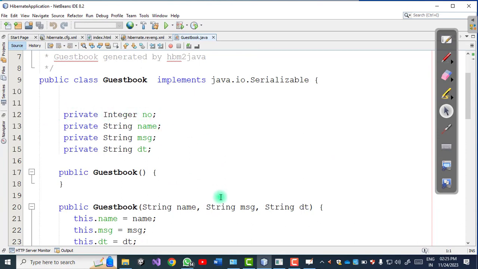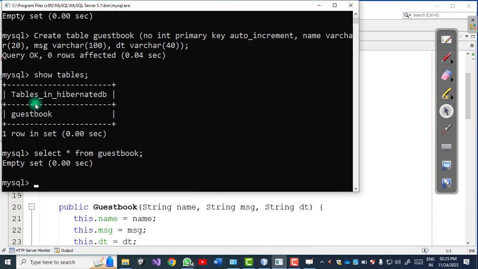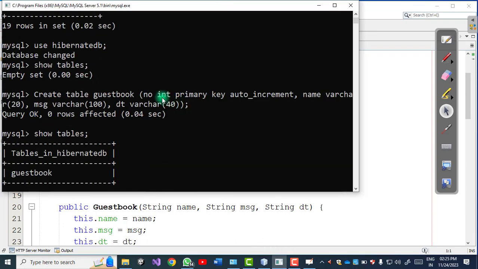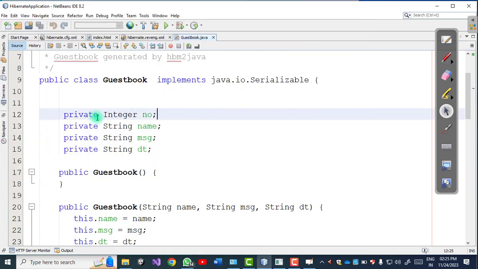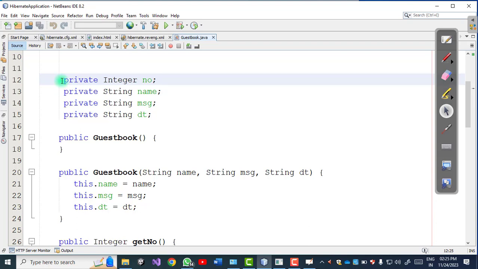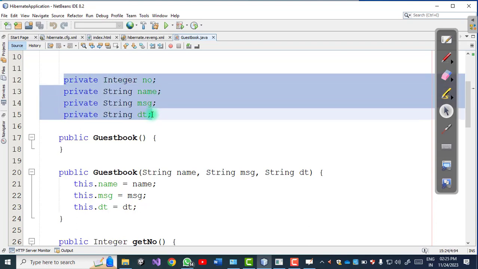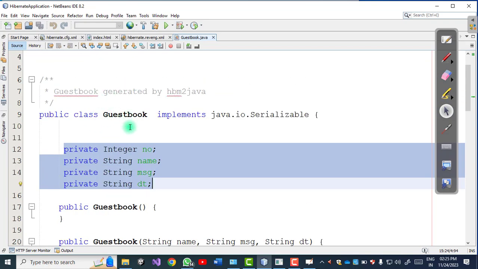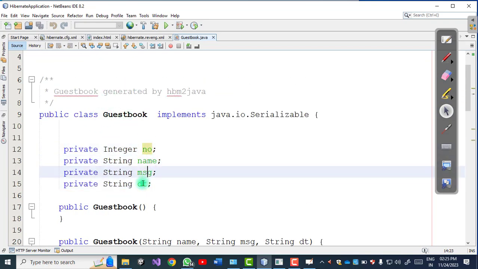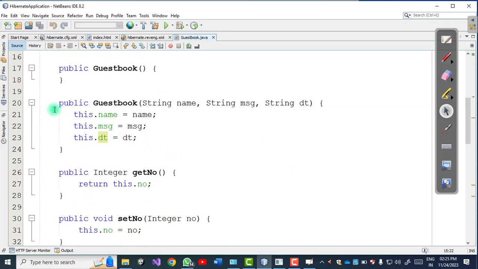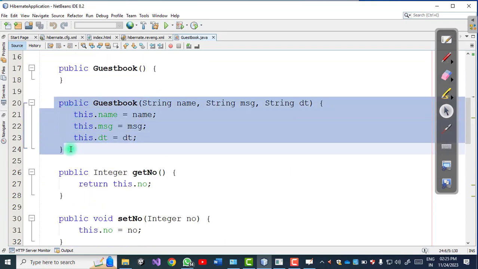So look here, since in the database we have columns: number, then name, then message and date time. In the mapping file, all the corresponding data members are created in the guestbook class: number, name, message and dt, and we are using the constructor.